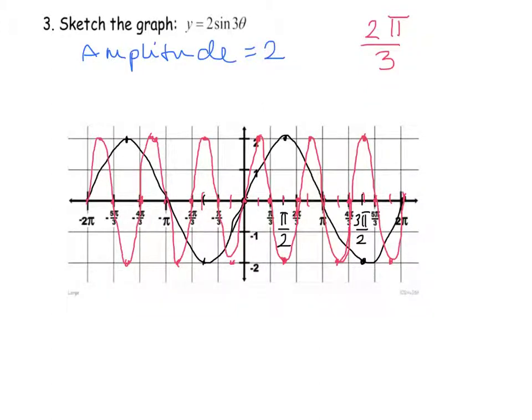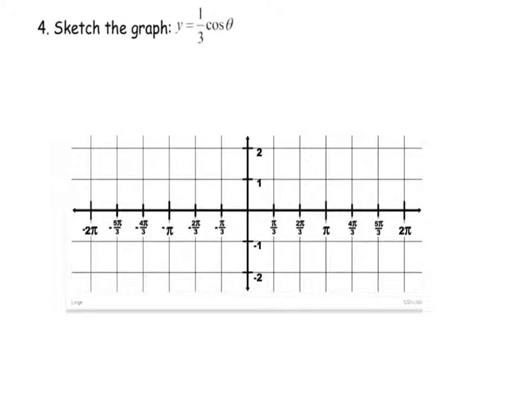This next graph is y equals 1/3 times cosine theta. So in this case, I need to graph an amplitude of 1/3, and my entire graph is going to occur over 2 pi. So the amplitude is 1/3, and it occurs over 2 pi, one cycle, because there's no multiplier for theta. So I'm going to start right away